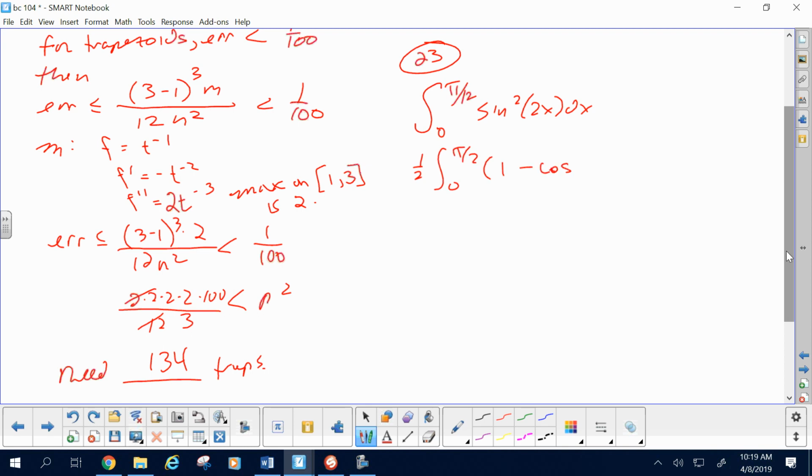So it's 1/2 minus 1/2 cosine of double the angle. Well, if the angle was 2x, now it's